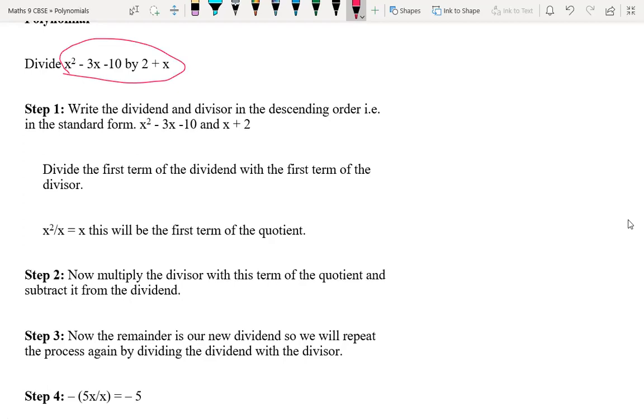If you are going to divide this polynomial x square minus 3x minus 10 divided by x plus 2, if you divide, what is the remainder coming after division? So if you want to put a direct value, suppose you are dividing with x plus 2, right? So first you write here x plus 2 is equal to 0. Okay. So x is equal to what you should write here? Minus 2.